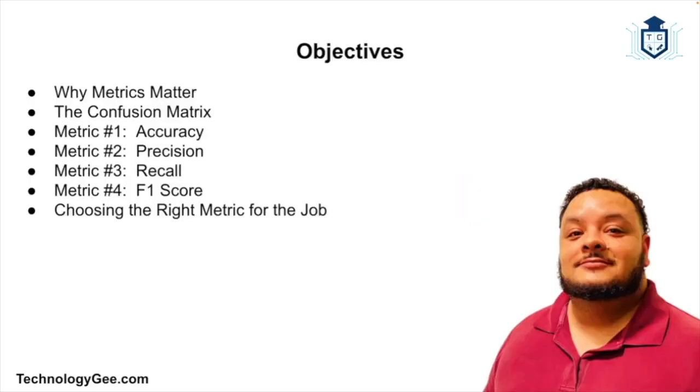Let's say you just trained a fancy new AI model. Maybe it's a spam detector, a medical diagnostic tool, or a system that predicts which customers are likely to cancel their subscriptions. You spend hours fine tuning the algorithm and feeding your data. Now you're staring at a number on your screen like 93% accuracy. Well, that sounds impressive, right? Well, maybe. So here's the catch, that number doesn't tell the whole story.